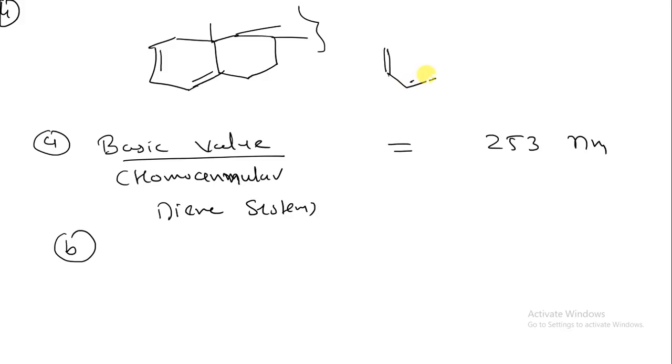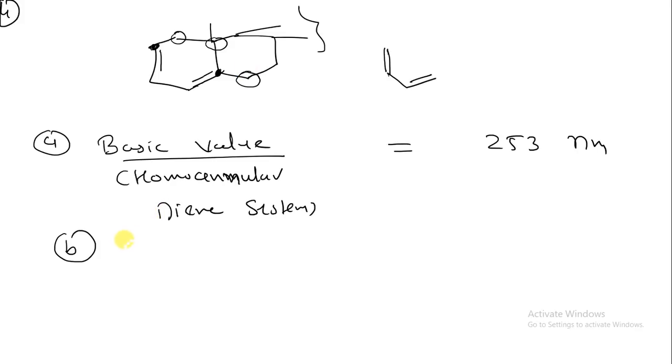This is our parent chain, CH double bond CH single bond CH double bond CH2 double bond CH2. So this is our butadiene system. Now the carbon atom present over here and one carbon atom present over here. If I have to consider the ring residue, first this is a carbon atom, that is a ring residue. Now this carbon atom is attached with this carbon atom, and second this carbon atom. So there are three ring residues present in the structure.